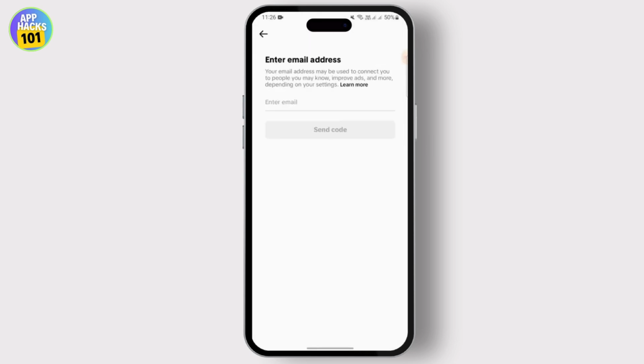If you haven't entered your email address, just enter your email address and that will send you a code, and confirm your email address on this. And that way your verification will be completed in